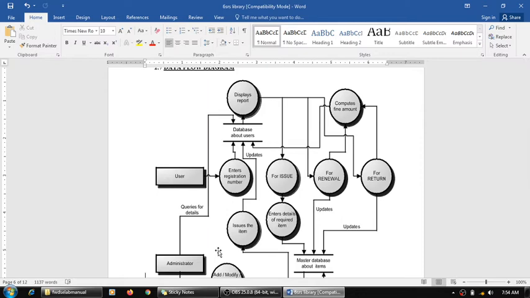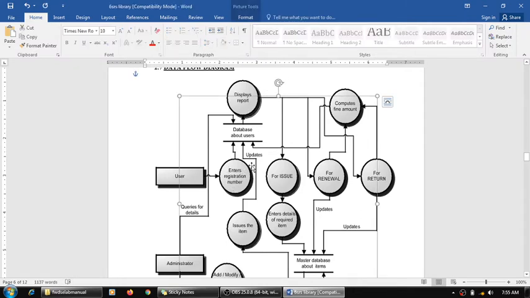of the library automation system or library management system, right from the initiation, that is the user, and how the entire processing goes on. This circle or oval represents the process, while these arrows are named arrows. You have seen that in this arrow this update and everything is written. So named arrows represent the data which is moving from one process to another, right? This is a data store, that is a database, right? So this processing goes on. We'll be doing the data flow diagram in detail in subsequent lectures also, right?